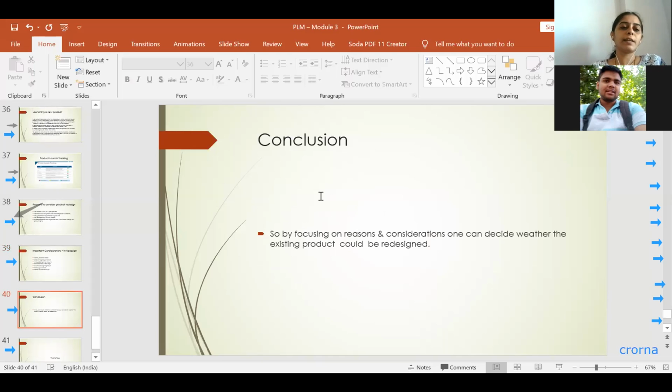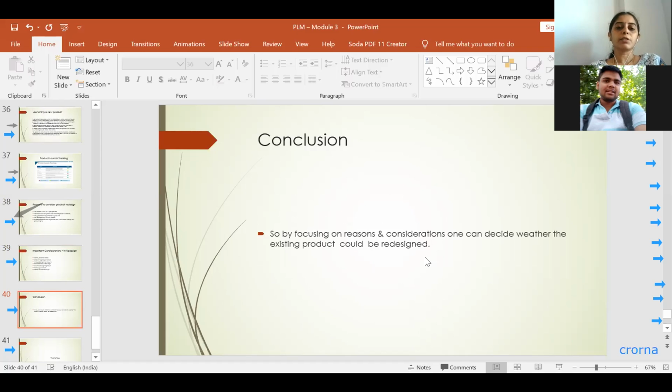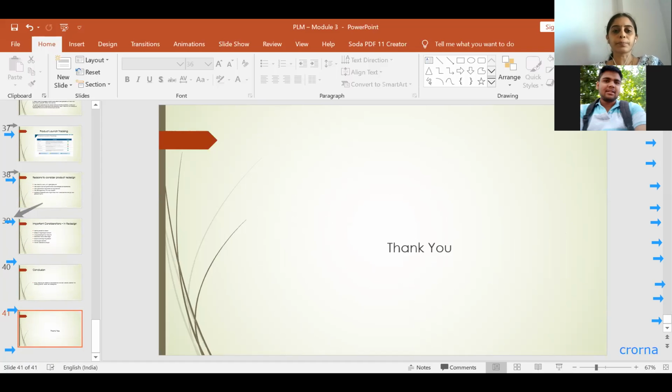So finally, this concludes module 3, which deals with focusing on the reasons and considerations one has to weigh to decide whether an existing product could be redesigned or not. So this was related to the concept of redesign. How you have to focus, what considerations you have to take, and decide whether the product could be redesigned or not. Based on these criteria, you can tell whether the existing product could be redesigned or not. So this is about the third module. So now you are free enough